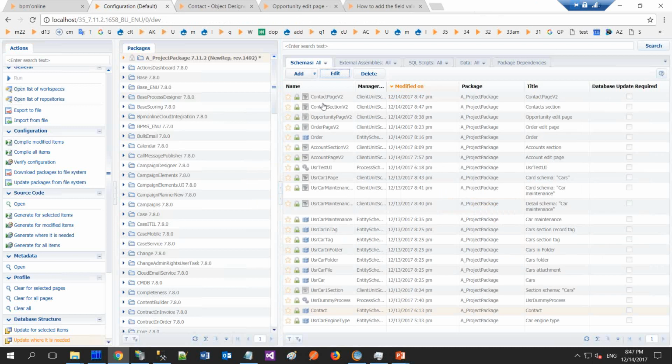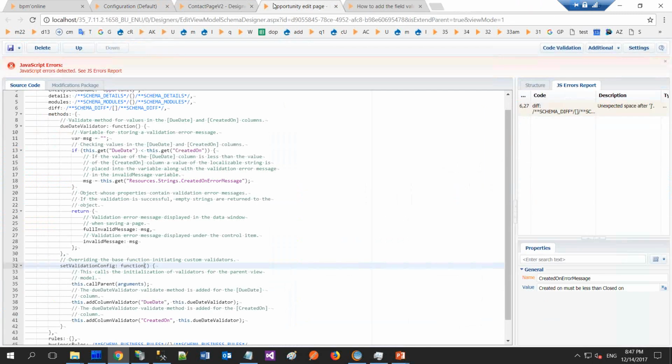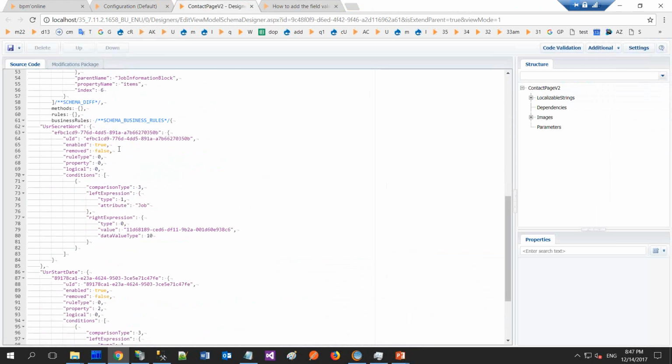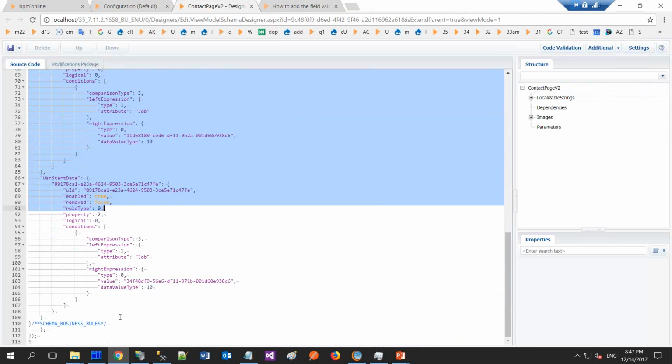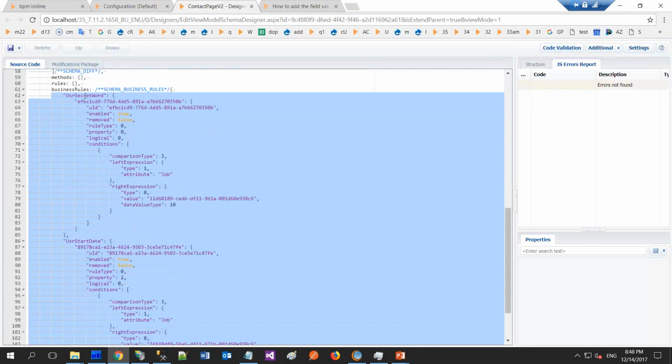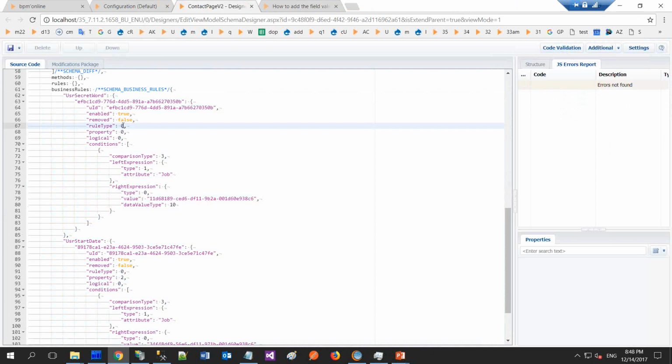Changes applied correctly. Contact page v2 is changed again, but luckily we see no corrupted diff array items. As you see here, we have only 2 business rules. Just select them and put them twice, and no errors in validation. First is business rule type 0, it's bind parameter. This one is also property 2. You can see